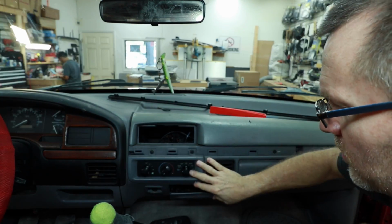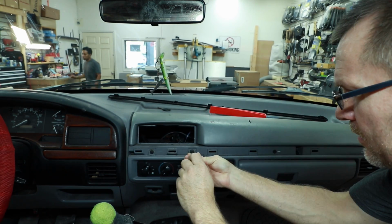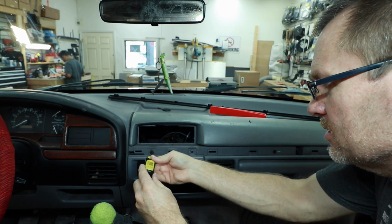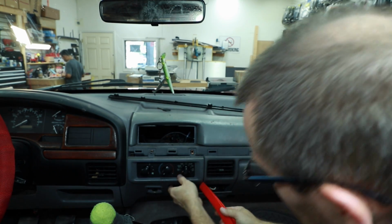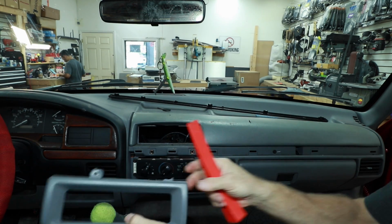Next, we want to go ahead and remove this, and as you can see right here, this one is already shattered. This one has a crack here. Don't use a drill to remove these if you can avoid it. We're using a T20 Torx. Again, come at it with your panel tool. There's 2 clips in the bottom, they'll pop right off,